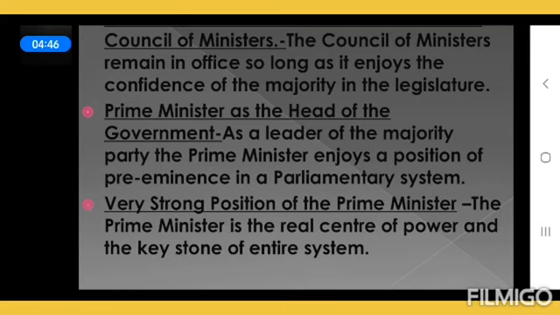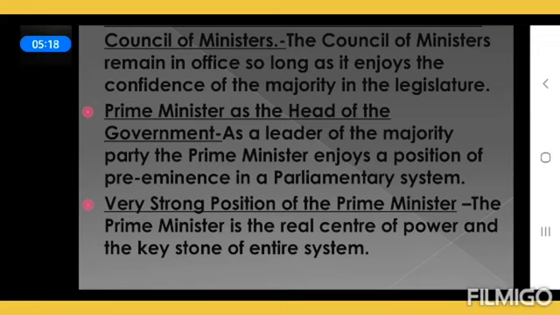He selects his team of ministers and allocates them their portfolios, that means the department portfolios. So at any time the prime minister can reshuffle. Reshuffle means to change, right? To shuffle the ministers, right? And anytime the prime minister can reshuffle the portfolios of the ministers. So ministers remain in office so long as they remain in the good books of the prime minister.